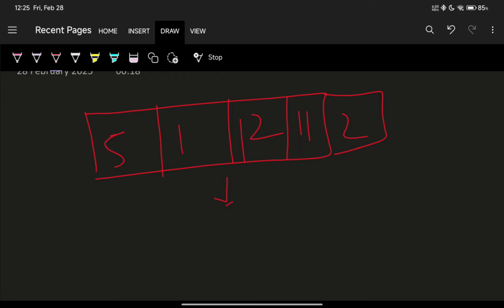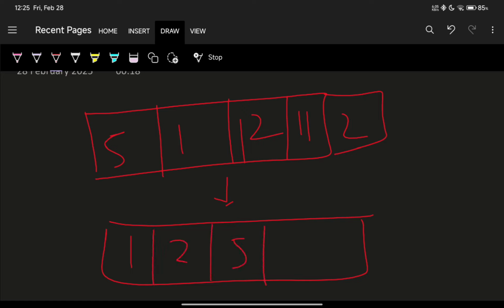Let me just sort this quickly. So in simple language, sorting means like this, but in terms of computer science and programming, there are